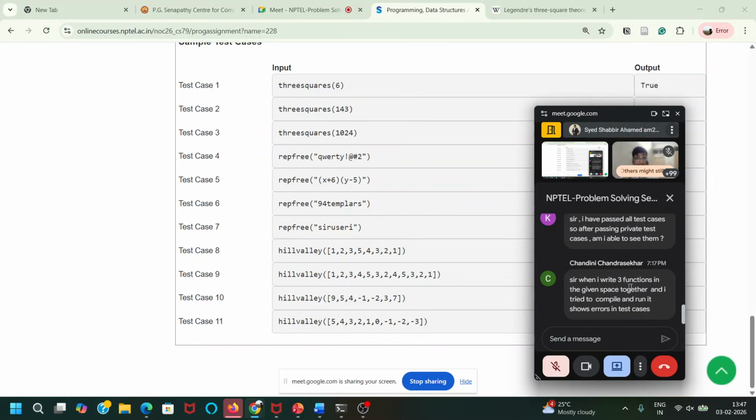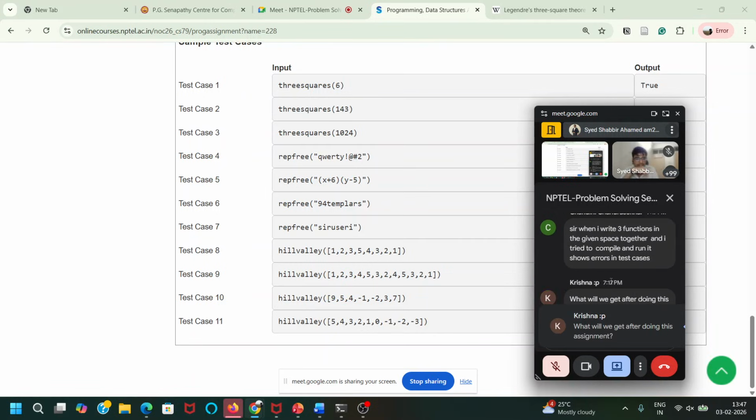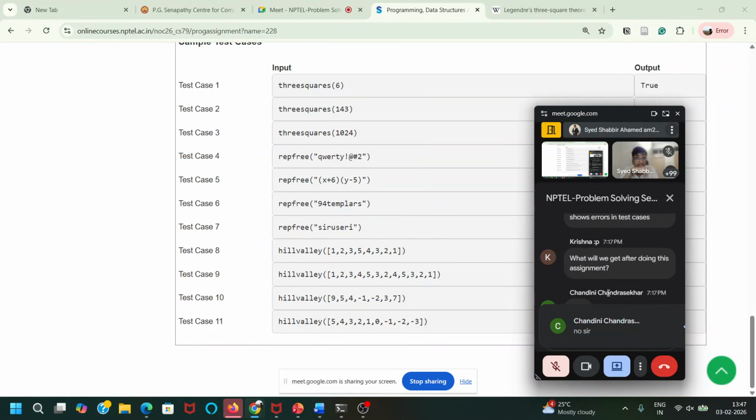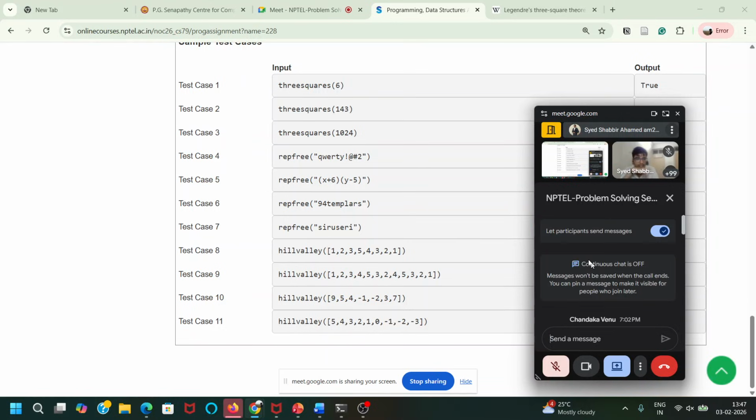When I write the three functions in the given space together and try to compile and run it, it shows an error in the test cases, because you might have some errors. Can we test these three functions in Anaconda Navigator also?